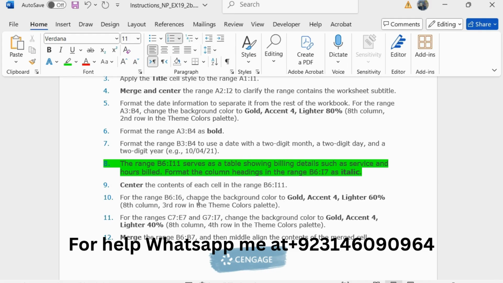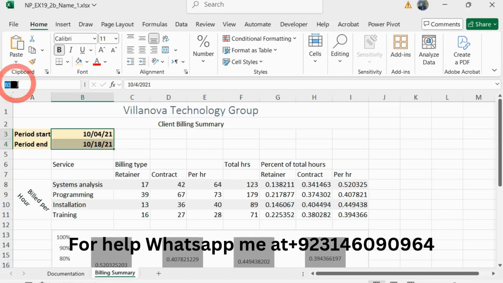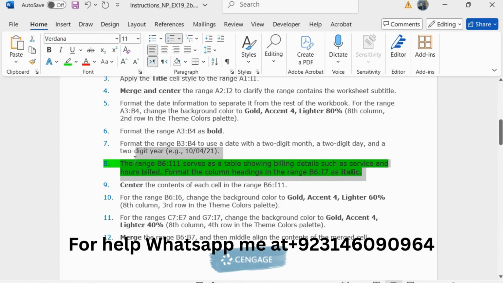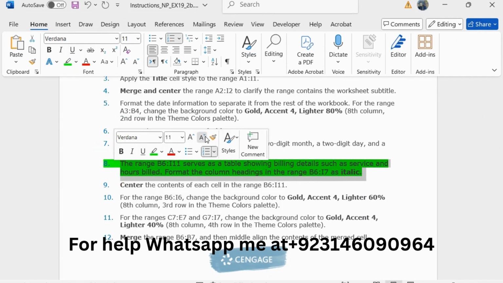Format the column heading in the range B6 to I7 as italic. So copy the range B6 to I7, paste it into the name box and press enter. Now click on italic to italicize the range. So I have completed 8 steps successfully.